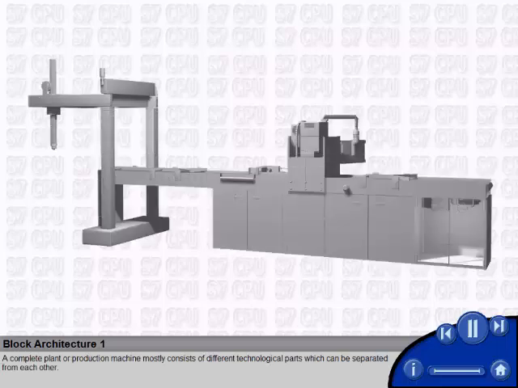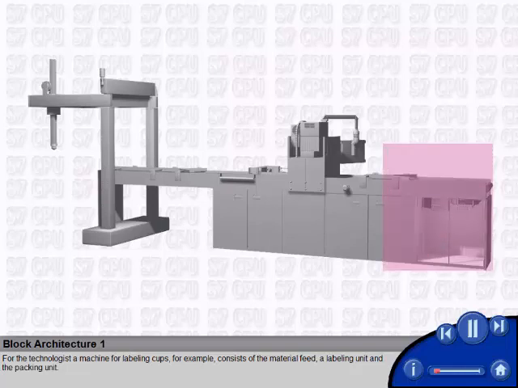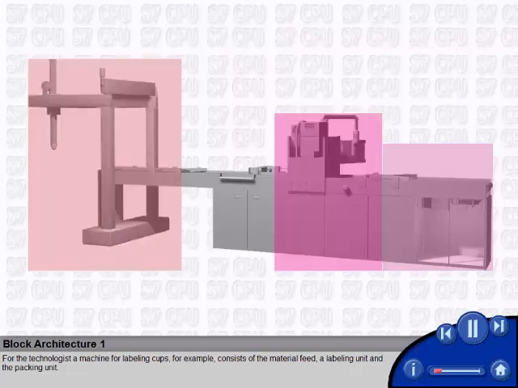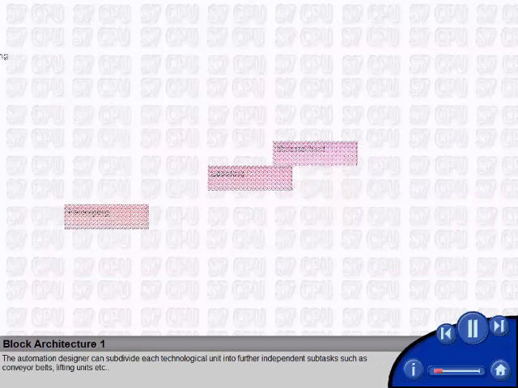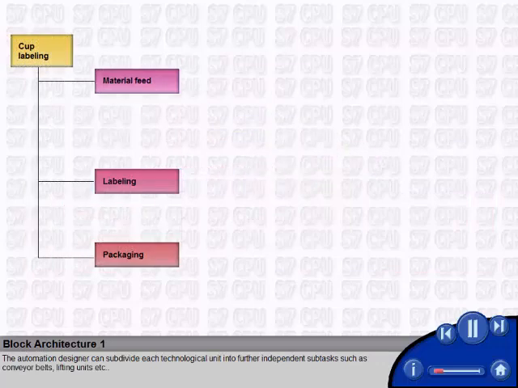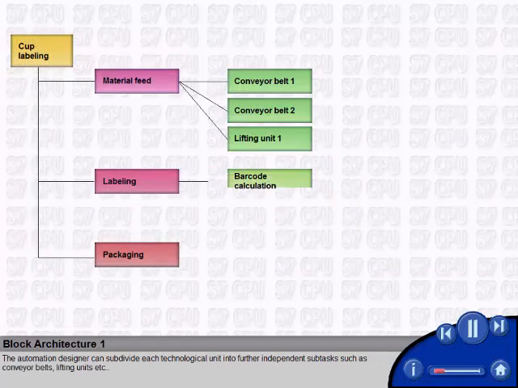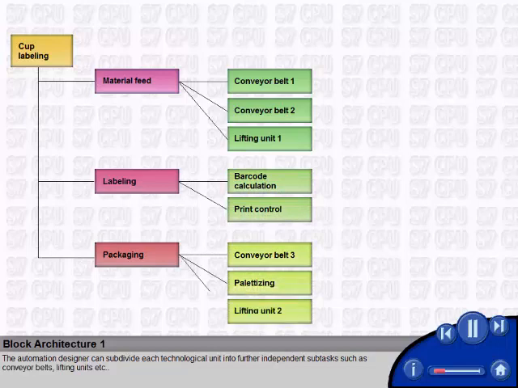A complete plant or production machine mostly consists of different technological parts, which can be separated from each other. For the technologist, a machine for labeling cups, for example, consists of the material feed, a labeling unit, and the packing unit. The automation designer can subdivide each technological unit into further independent subtasks, such as conveyor belts, lifting units,